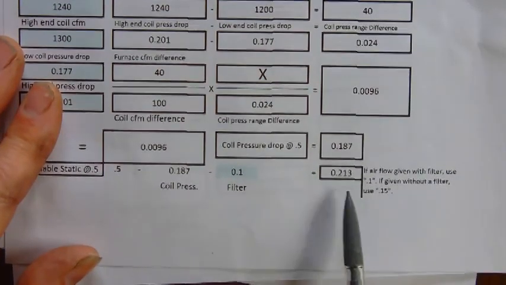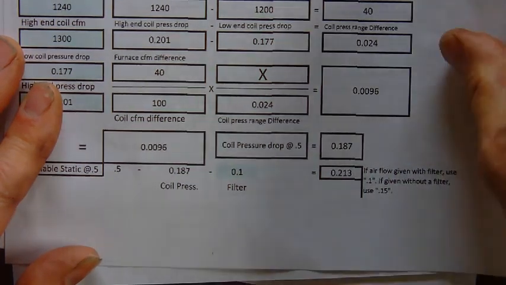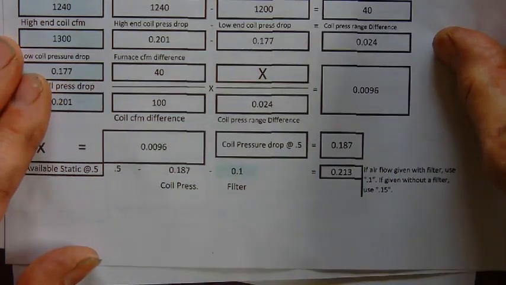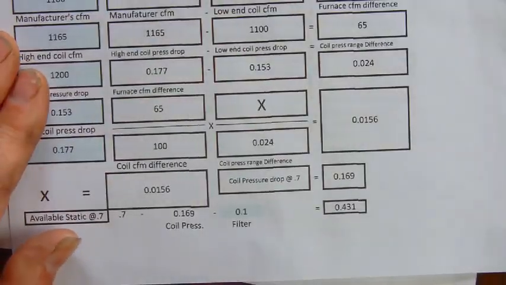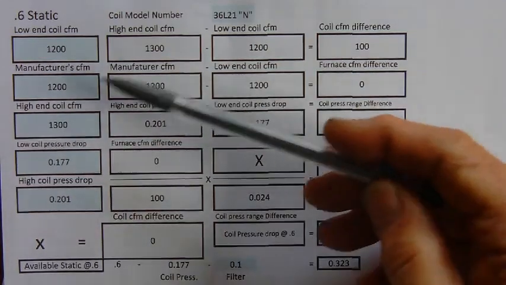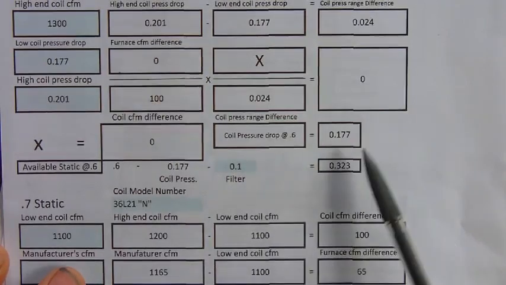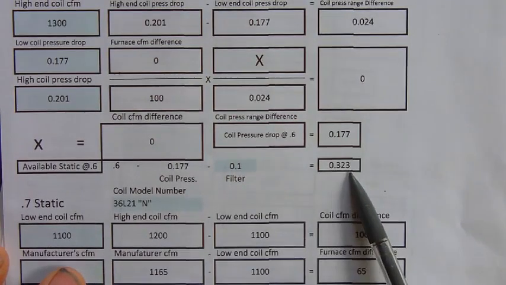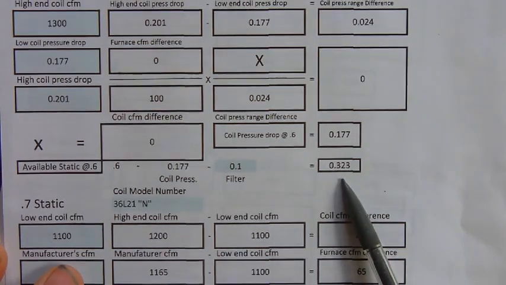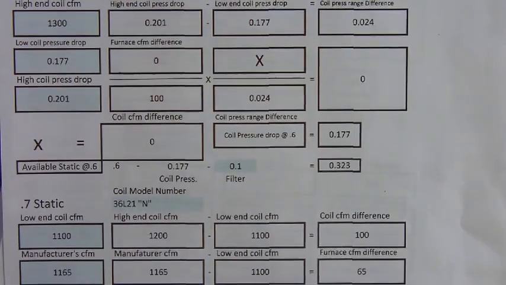At 0.5, we come up with 0.21. So that's better, but it is still below the 0.25 minimum. So let's have a look at 0.6. Substituting the coil pressure drops, we have an available static pressure now of 0.323. And clearly this is nicely within the 0.25 to 0.35 range, so it appears that 0.6 could be our design